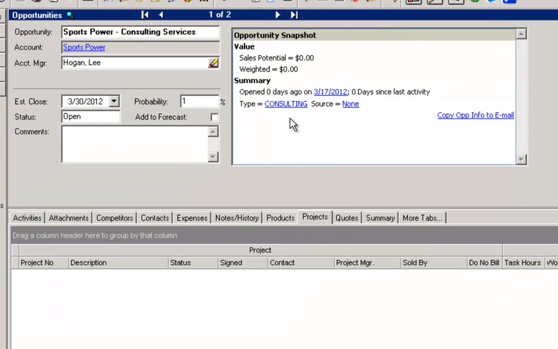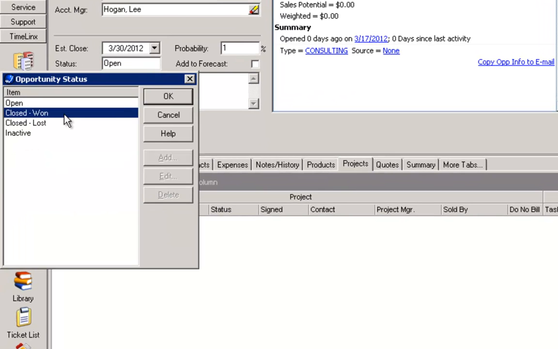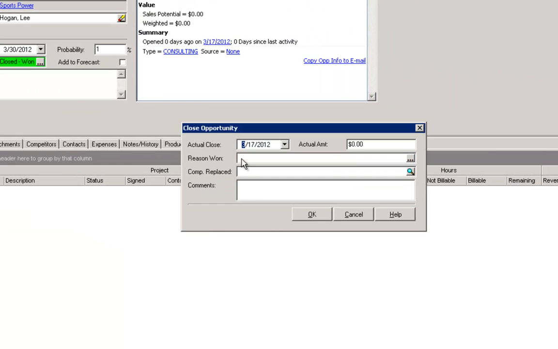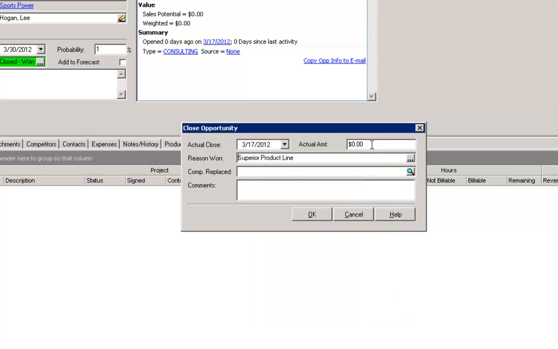When a deal is marked as closed won, we step through the standard SalesLogix confirmation dialog for the amount and the reason. So I'm going to close this opportunity and win it. Here is the standard reasons for winning the deal. In this particular case, we don't have any products added to this opportunity. It's just going to be services, and we'll put a value in here,